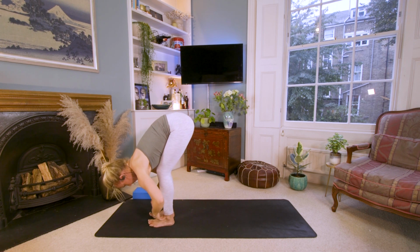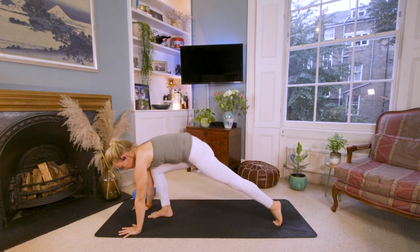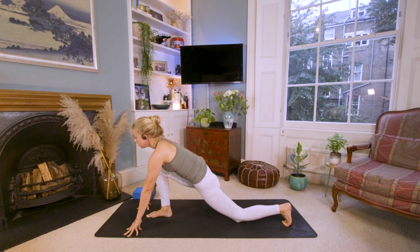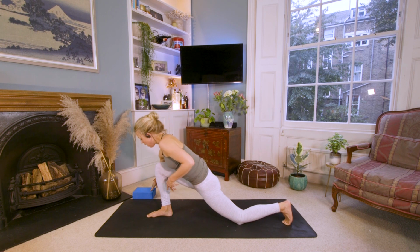Exhale, bend your knees. Everyone, bring your hands to the floor. You're going to step your left foot back behind you. Come up onto your fingertips into this lunge and lower your left knee, your back knee to the floor. You're going to start to walk your hands up towards your front knee,